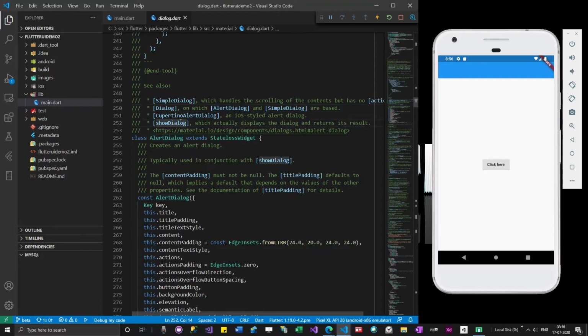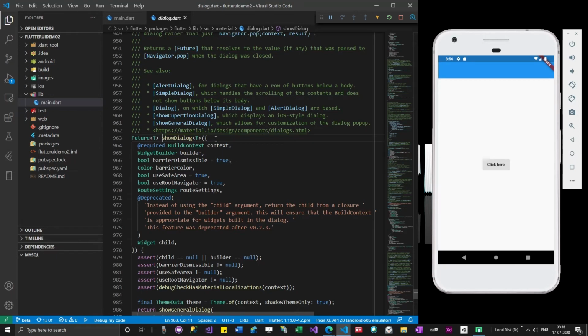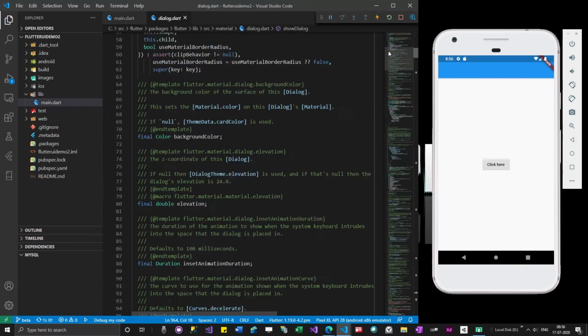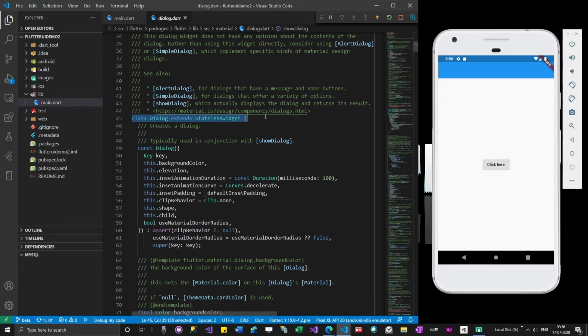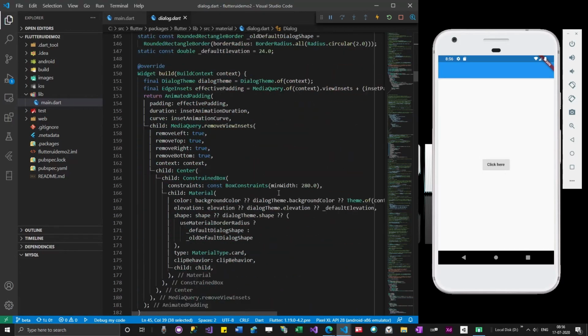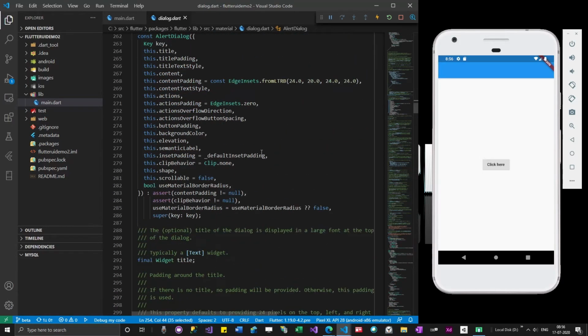So alert dialog is something which is shown here. They also say it is typically used in conjunction with show dialog. So let's see what this is. This is a function. If you scroll up, these are classes, and this is a class again.